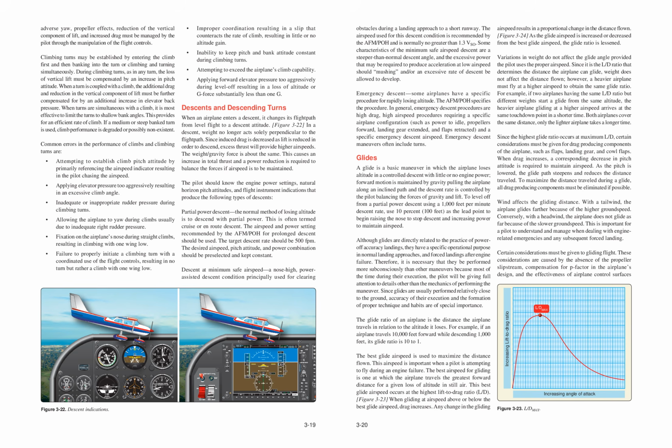Partial power descent. The normal method of losing altitude is to descend with partial power. This is often termed cruise or en route descent. The airspeed and power setting recommended by the AFM/POH for prolonged descent should be used. The target descent rate should be 500 fpm. The desired airspeed, pitch attitude, and power combination should be pre-selected and kept constant. Descent at minimum safe airspeed, a nose-high, power-assisted descent condition principally used for clearing